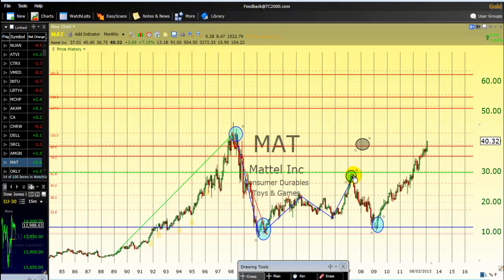This move from B, I know some traders already noticed what I've done. This move from B to C should be the 88.6% Fibonacci retracement level of A, B. For the bearish